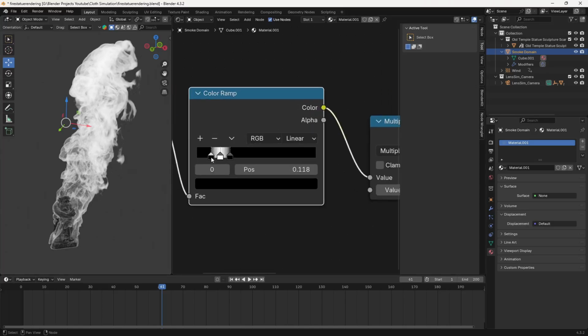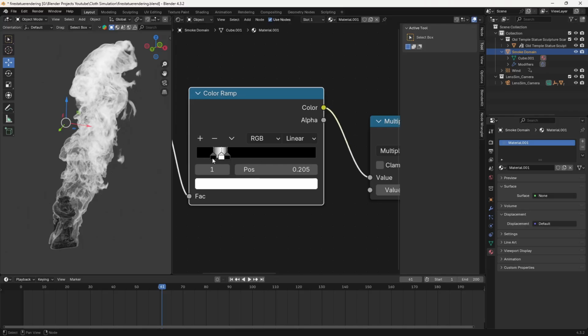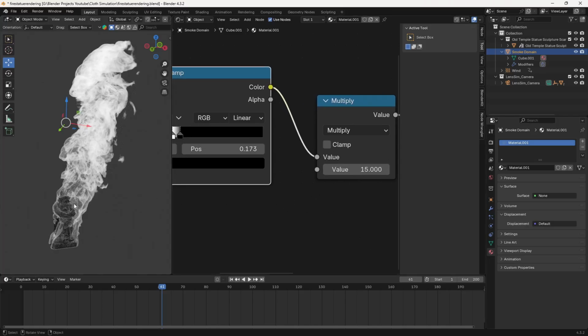Now you can again play with the values here. If I take it downwards, you can see what value we are getting here as well. If I move it around here, let's take it here. You can see the result, and now you can take it up to 150 as well. It's getting much brighter. So you can definitely play with the gradient ramp to get your desired result, because if you remember, without this node you were getting only this smoke. You were not getting this density and all that stuff.